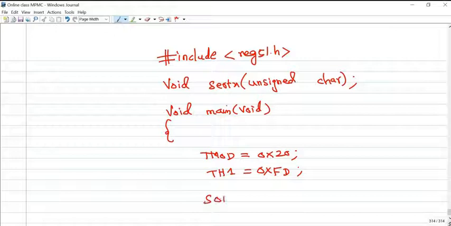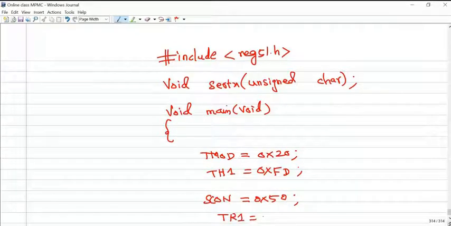Next, the SCON register to select serial port mode 1 communication: SCON equals 0x50. Now start your timer. The timer 1 run control bit must be 1.